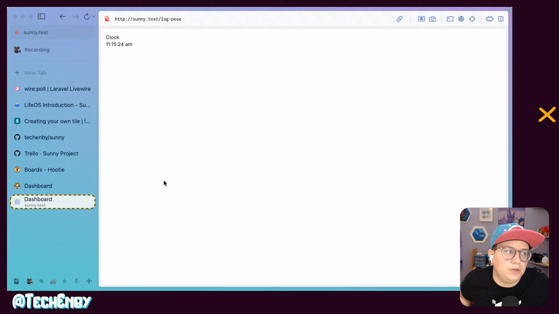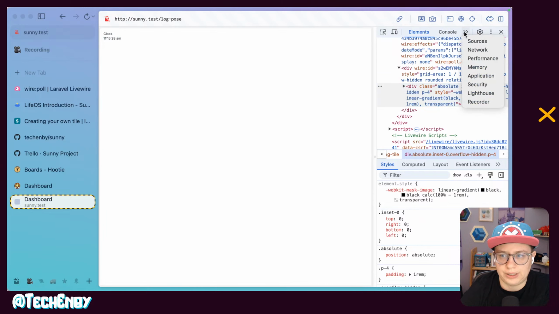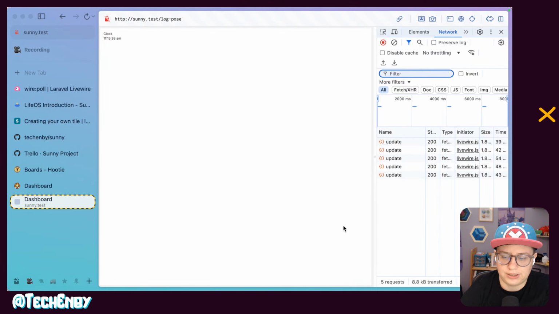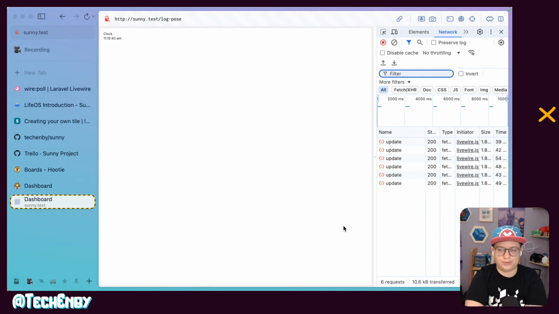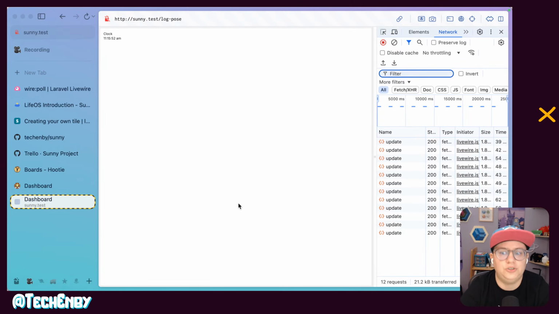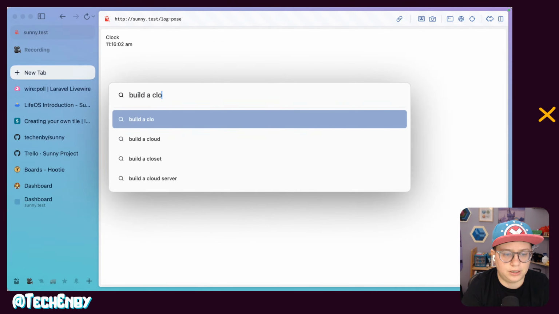It's a PHP-only solution. So this does require a round trip. If we go to the network tab, we see a network request every 2 seconds. Which is fine, but I think it would probably be better if it was just JavaScript, because JavaScript can handle this. Do I know how to do the JavaScript off the top of my head? Absolutely not. So let's do, not Raycast, build a clock